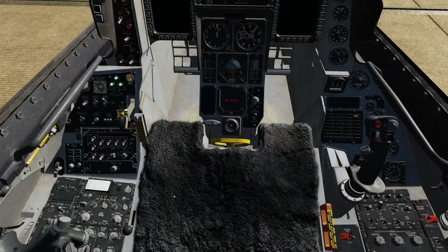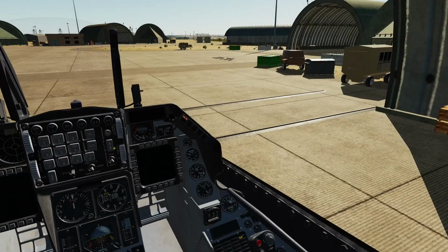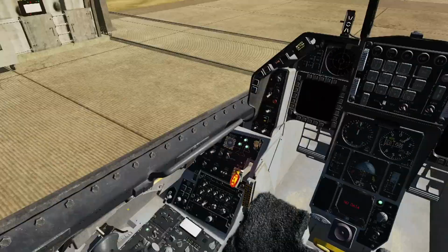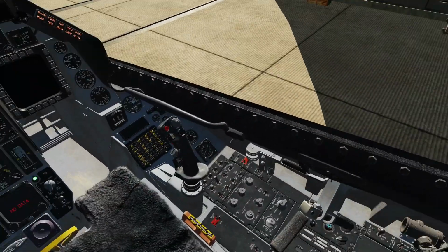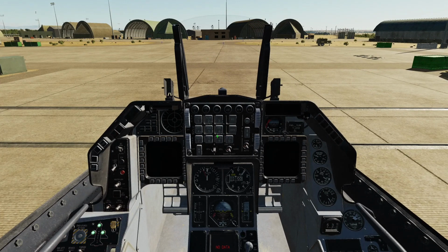Master caution reset. And then what I like to do is fire overheat detection check. Master caution on, engine fire light on, and overheat caution light on. Then we'll go to MAL indicator lights test and check all these lights. Make sure they all work. Don't really need to in DCS, but again, this is kind of what I do. And we're good there. Go ahead and turn on our HUD,